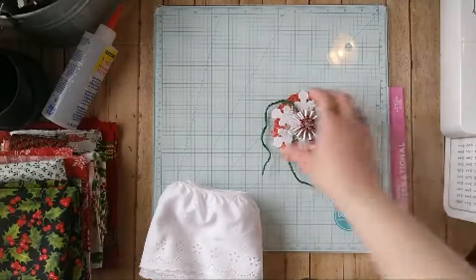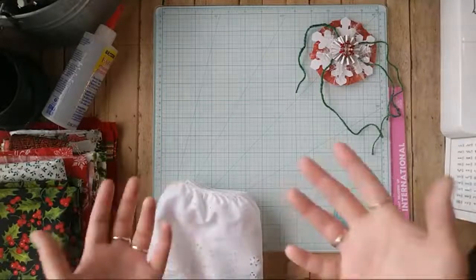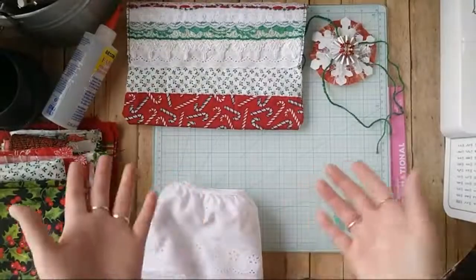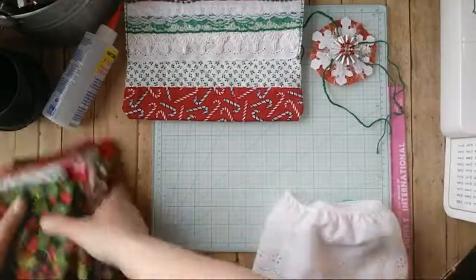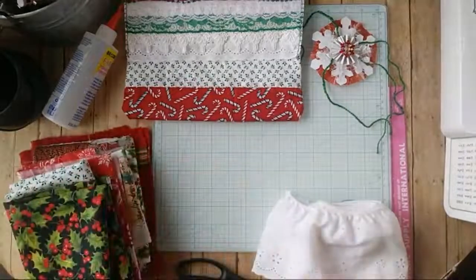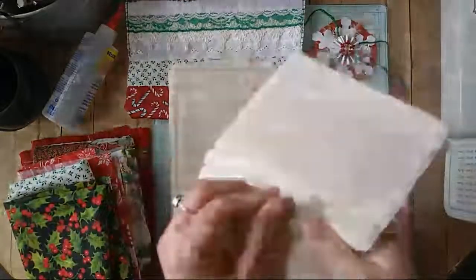So I'm going to make one with you guys today that's quite a bit smaller than this. I think they're really fantastic for a Happy Meal. And because I have a bunch of Happy Meals going out this month, it could be a gift in itself, just the pouch, you know? Or you can make a tiny journal to go inside, or just stuff it with lace or goodies, whatever you want. So I've got a few different Christmas fabrics, and I also wanted to mention, if you don't have Christmas fabrics,